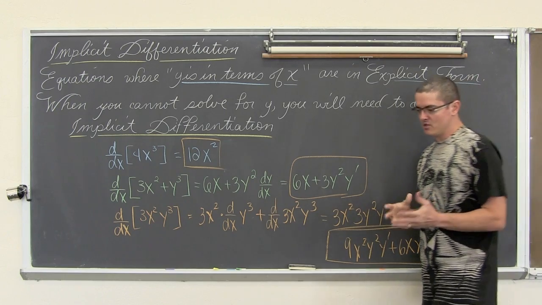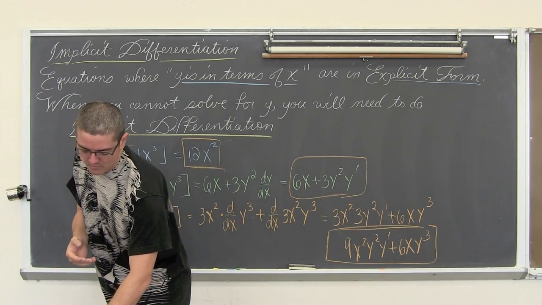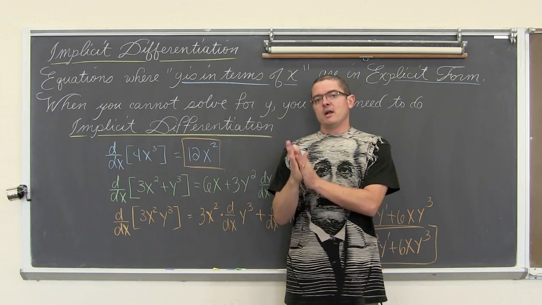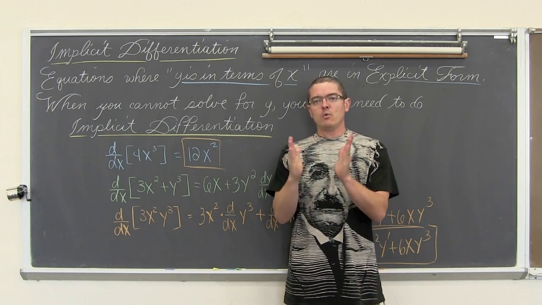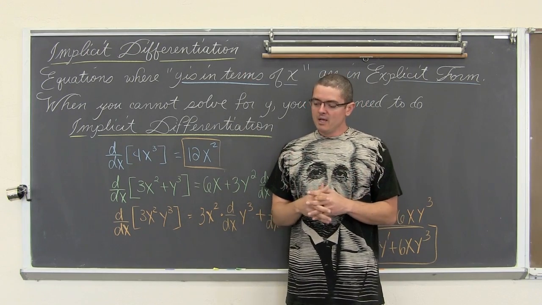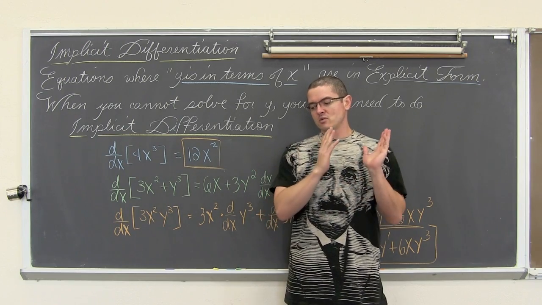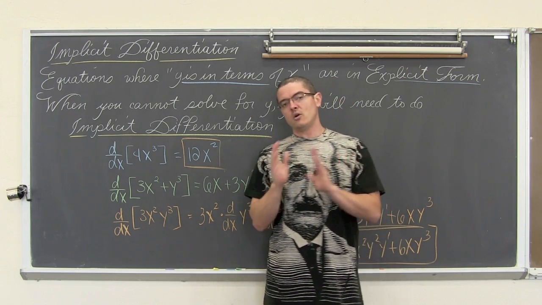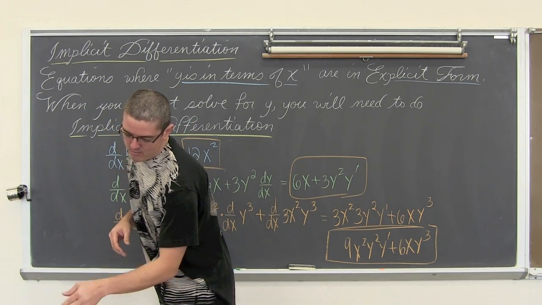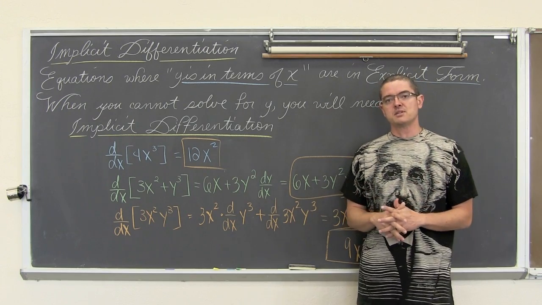Now let's move on to our first example. Well, we're going to give you the rules first, the rules or guidelines for implicit differentiation. The next example is going to be a long one, but I want you to see why we want to learn about implicit differentiation and why we don't want to just stick with the explicit form. So we're going to have a pretty long example comparing explicit differentiation with implicit, and then ultimately show you that you really do get the same answer. And probably end the video with that, and then do another video of just examples of implicit differentiation.